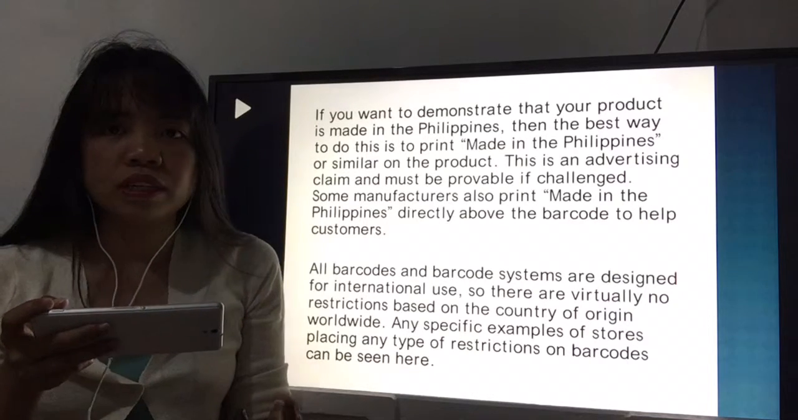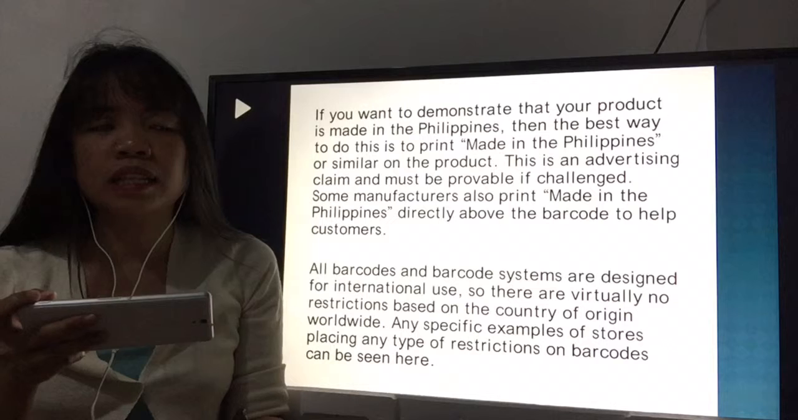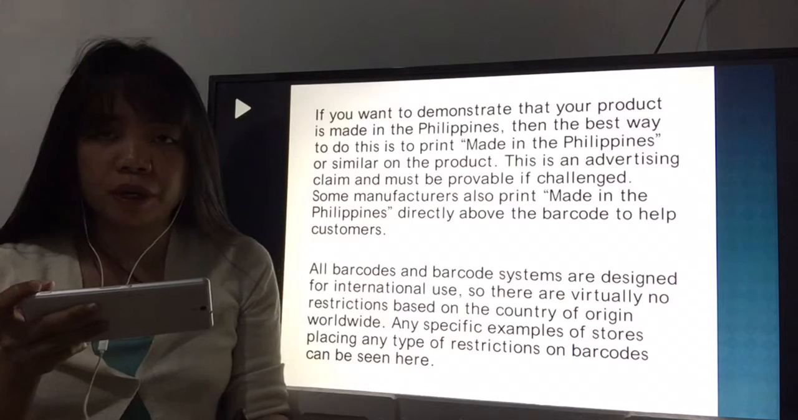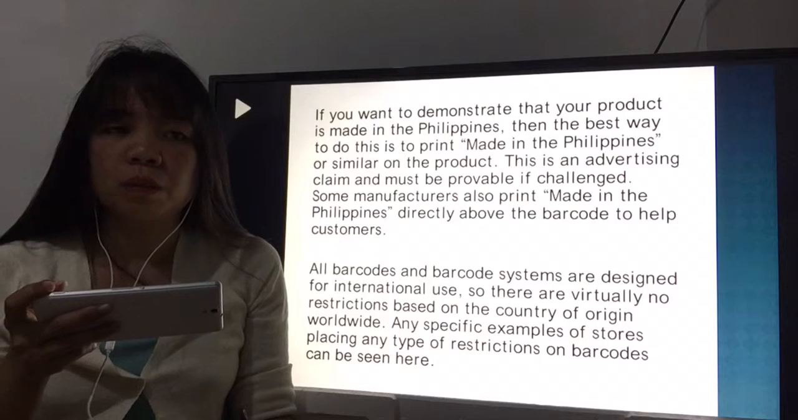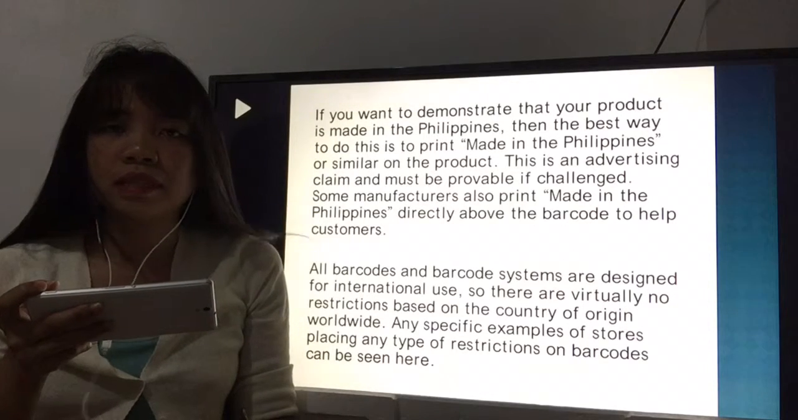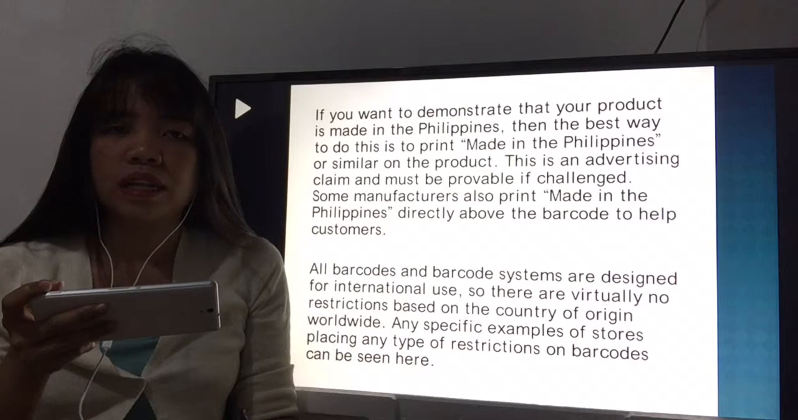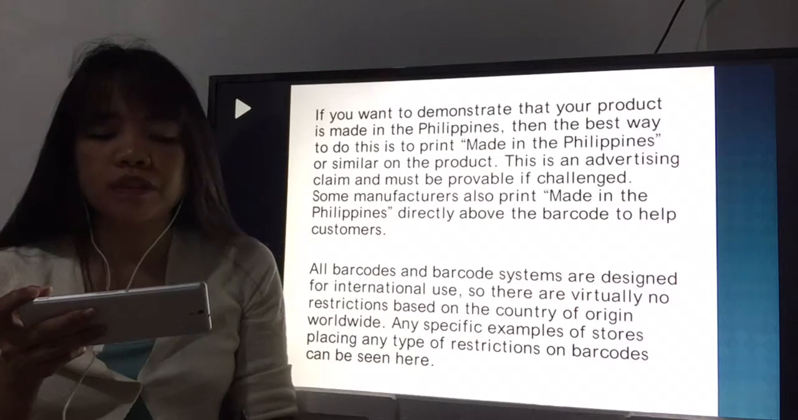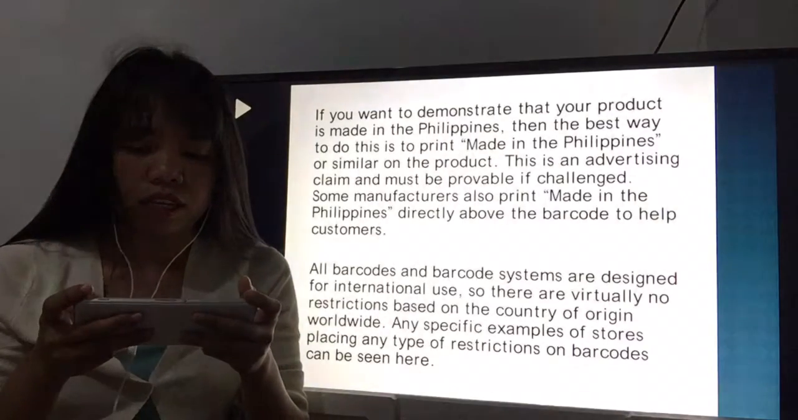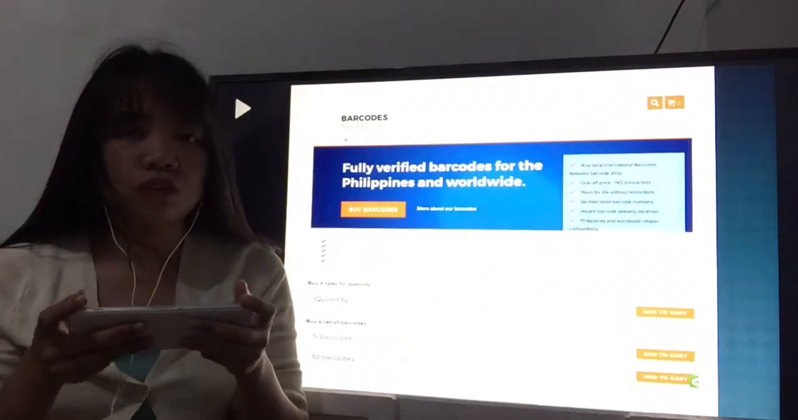So, meron lang akong isang nabasa na dito sa bansa natin na merong isang restriction regarding sa barcode, which is yung mga pharmaceutical companies, dapat hindi lang sila basta bibili ng barcode, dapat member din sila ng GS1 Philippines. So, isa lang naman yung restriction na nabasa ko doon. And ito yung website nila,